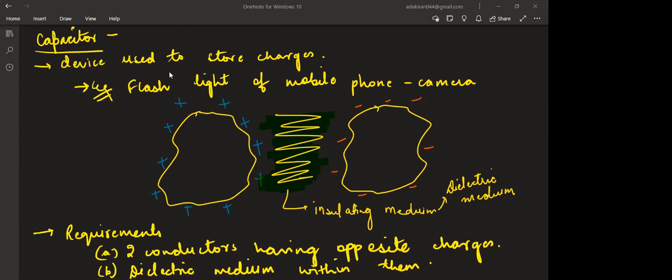So no need to go into the details. This is not the portion that you have studied right now, the principle of capacitors. That is only your Van de Graaff generator. A little more detail was there, and it is present in your NCERT also, but do not study about it. Nowhere is this asked now.